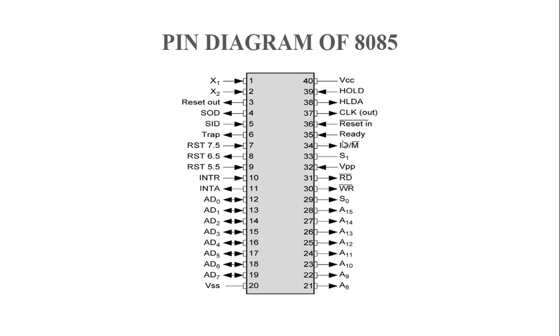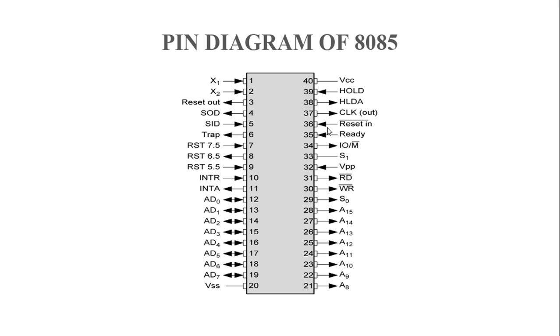Now going to another pin, that is the ready pin. This pin is again an important pin for the microprocessor. The arrow indicates the inward side, means it is again an input pin. The microprocessor can perform data transfer between peripherals and itself if ready is equal to 1. If on the ready pin the value is 1, then the peripherals which are connected with the microprocessor are ready to perform the data transfer between the microprocessor and that particular peripheral.